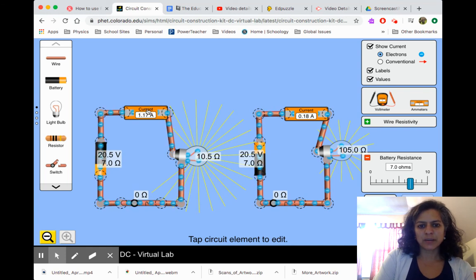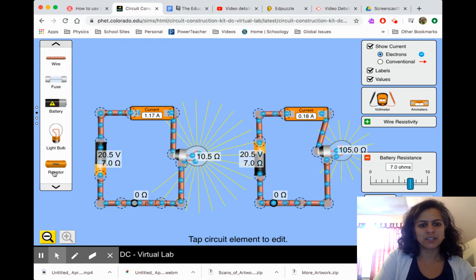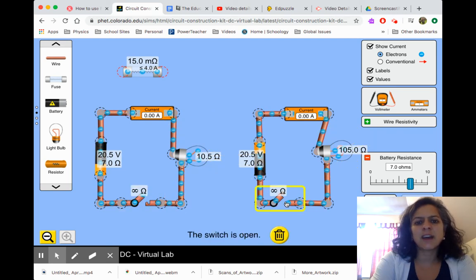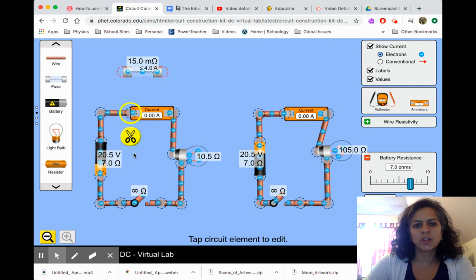So that is power. Then, if you scroll down on the left side, there were a few other things that we didn't get to in the lab. One of those things is a fuse. A fuse is something that regulates current. Fuses have settings for the maximum amount of current that they will allow to travel through them. In this one, the way it's set, it's 4 amps. So no more than 4 amps can go through this